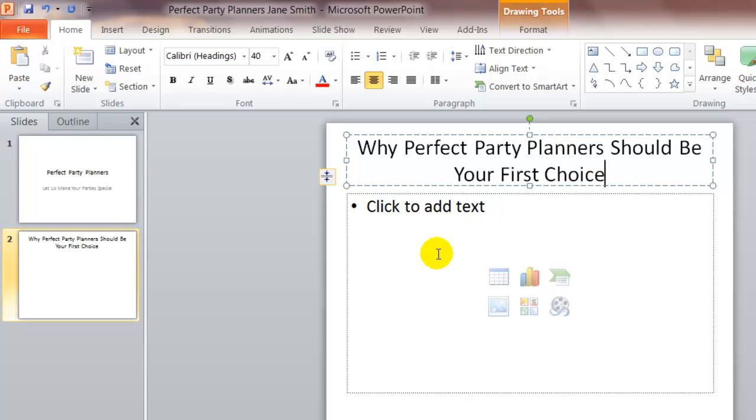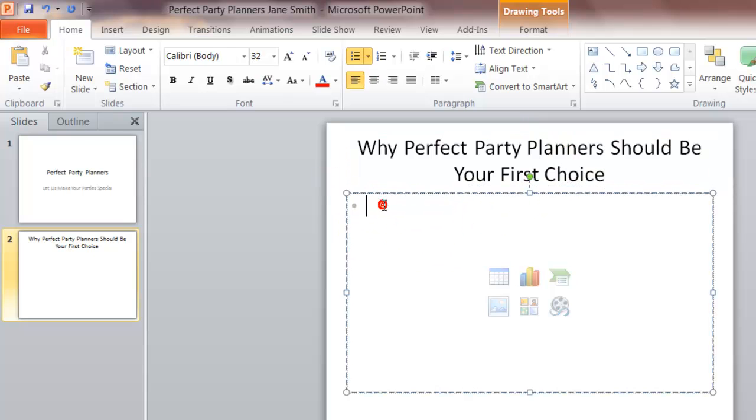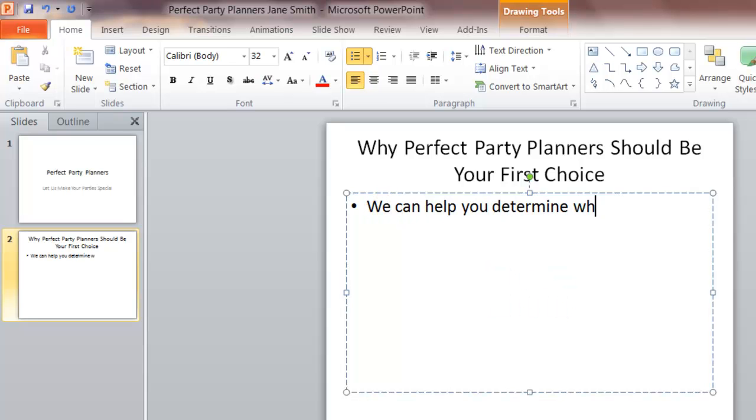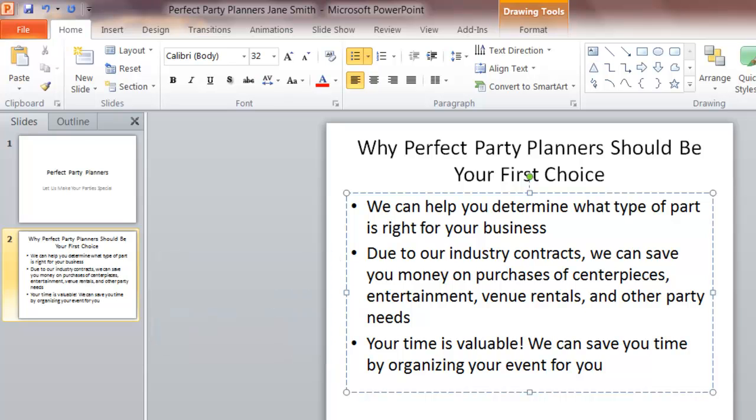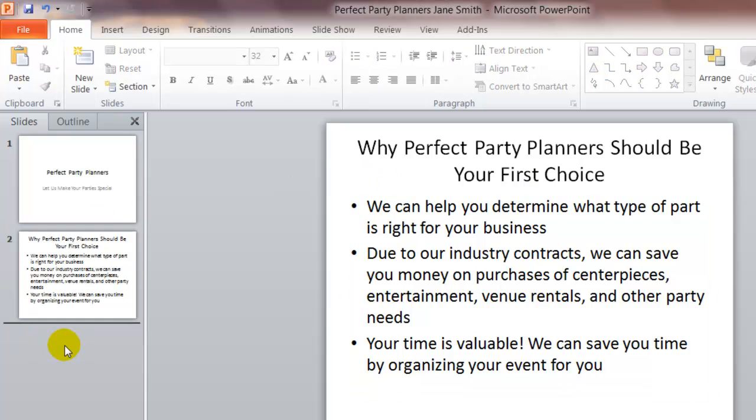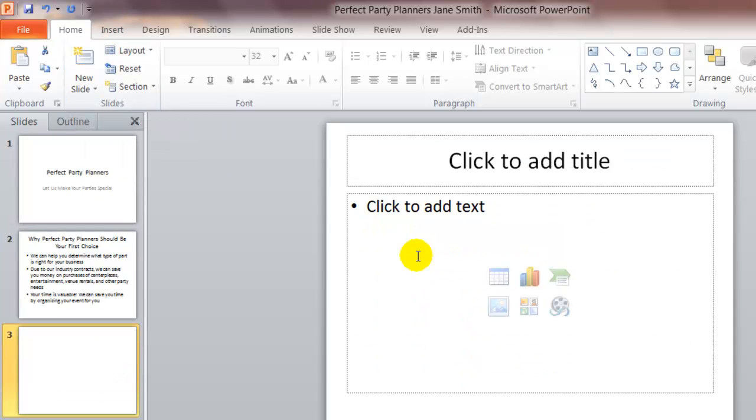Then there are 3 bullet items, so you'll click down below where it says click to add text. We can help you determine what type of party is right for your business. Press enter, it automatically makes your second bullet point. Step 6 asks you to add another slide, which will become slide 3. So again, I'll click on the left side, click Insert New Slide, and on this slide you're asked in step